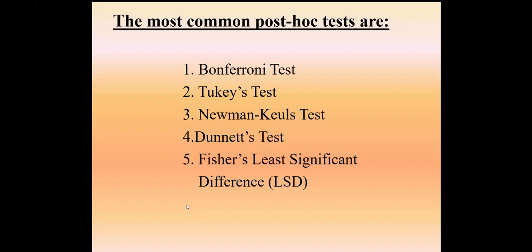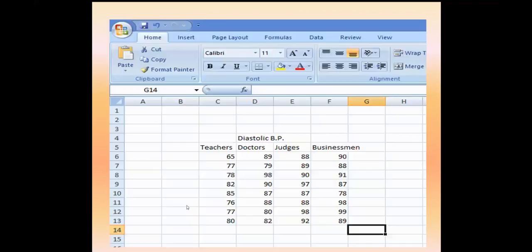Within those tools, most of these are given, and all these tests are actually based on the student t-test, because in the case of the student t-test we want to see the difference between the two means. So these are mainly based on the unpaired student t-test principle. The Bonferroni test and Tukey's test are very highly used tools by biology persons. Anyway, we can apply it.